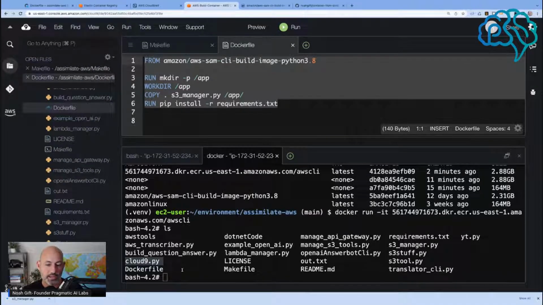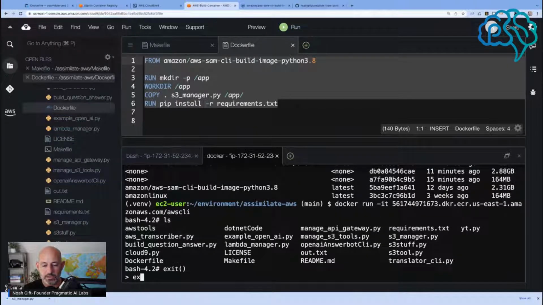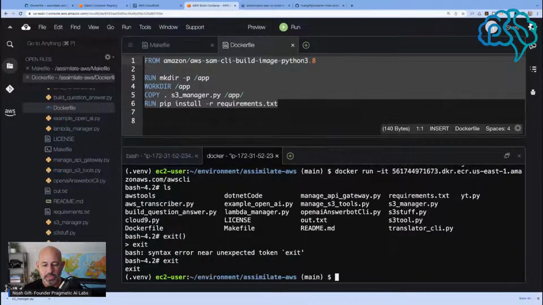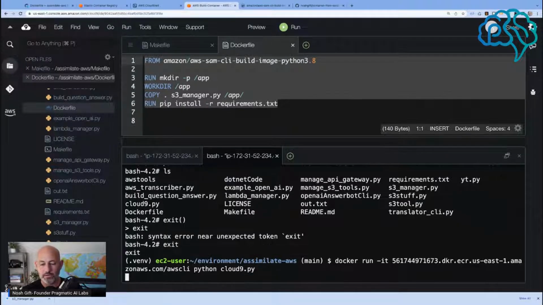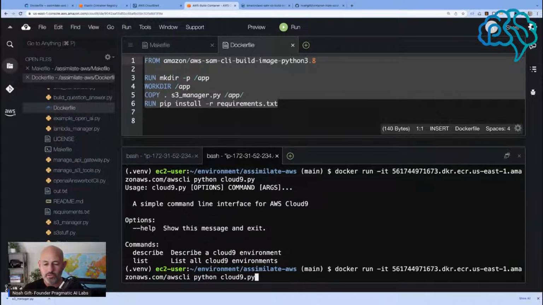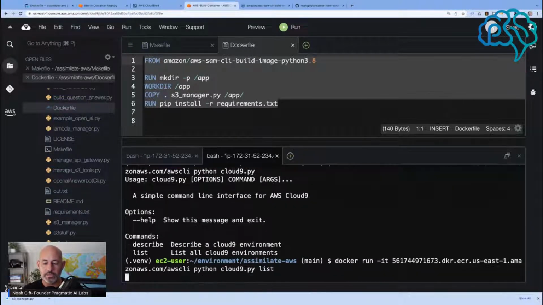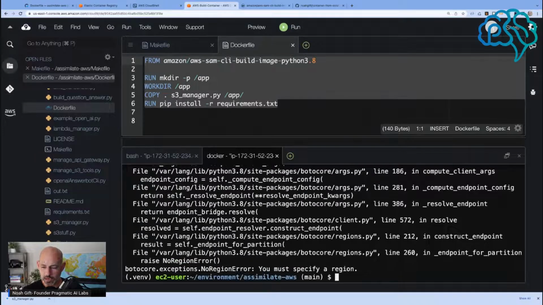There's no Cloud9, right? So I can tell that's one way to run it, but I can even run it even easier, because what I can do is run by saying Python cloud9.py, right? So I can invoke it directly inside of my container. There we go. Now I just go through here and I just say list all the environments. Now this one is giving me an issue because it's asking me to specify a region,